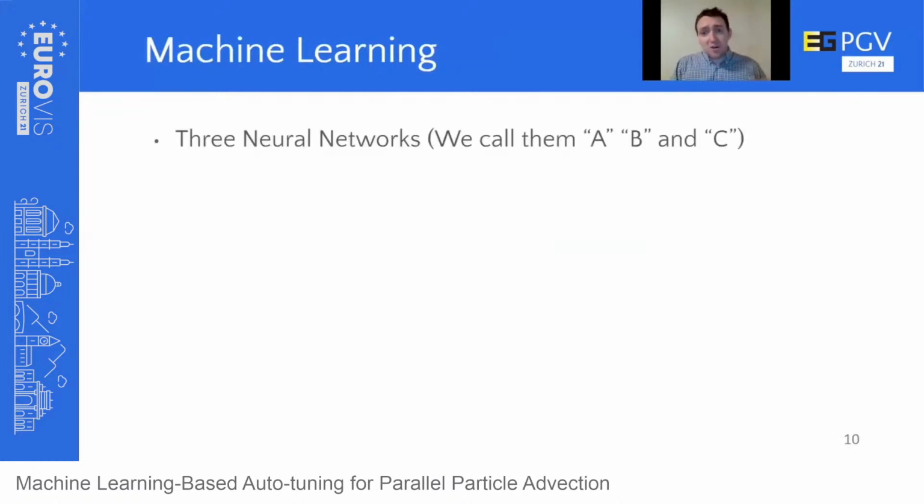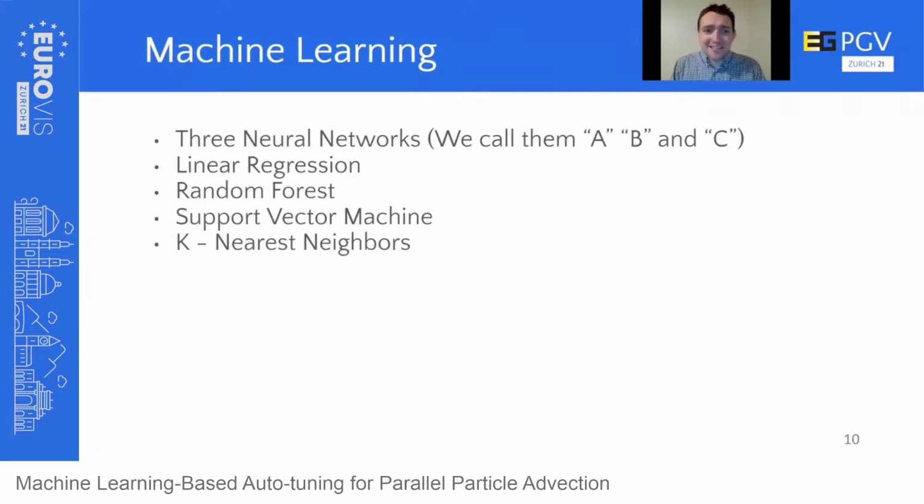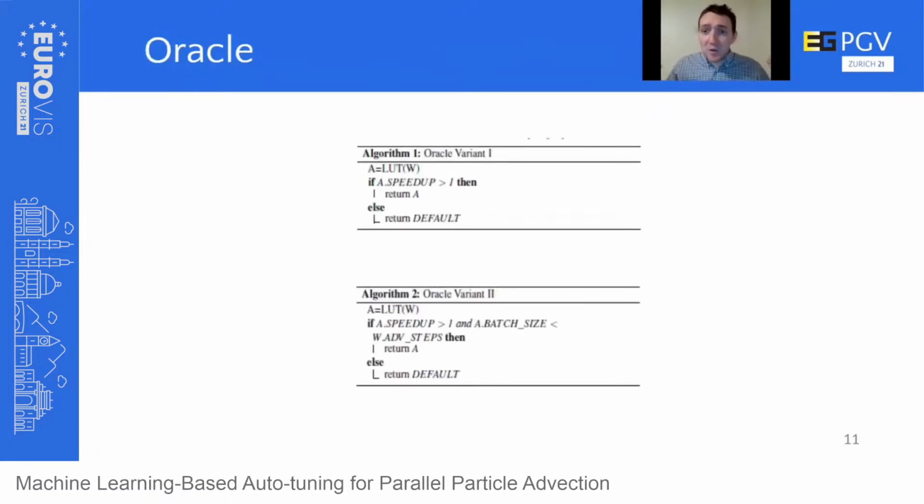Within that, we tried a number of machine learning techniques. We tried 3 different neural networks. We just called them A, B, and C. These were pretty straightforward neural networks. They were variations on fully connected feed-forward neural networks. We just changed the number of layers and the size of these layers, but they weren't particularly complicated. We also tried linear regression just to see what something as simple as linear regression does. We tried random forest, support vector machine, k nearest neighbors,